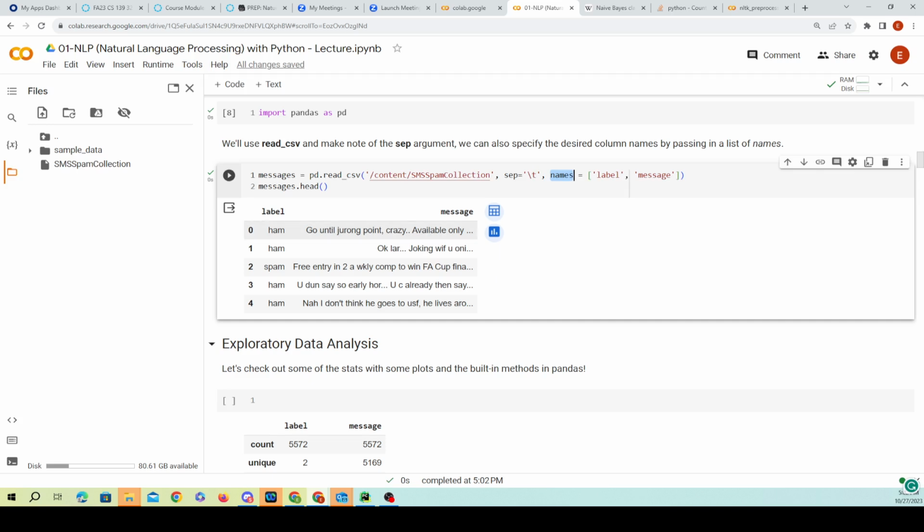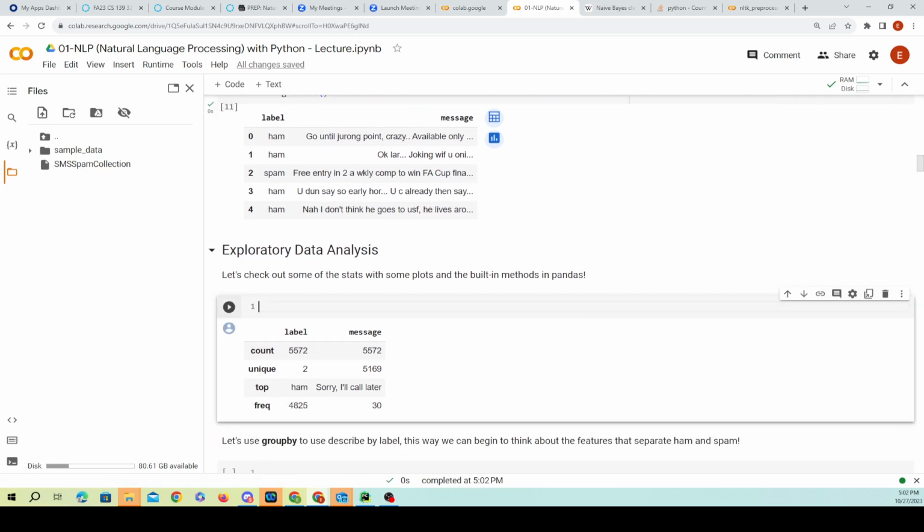So messages is our data frame. We can see the name of our column label and the name of our column message. And each one represents a message, right? This is going to be our input value, right? And we want to be able to train it so that we can be able to predict the correct solution, which is ham, spam, ham. Okay. So now what we wanted to do is let's look at the full description of this